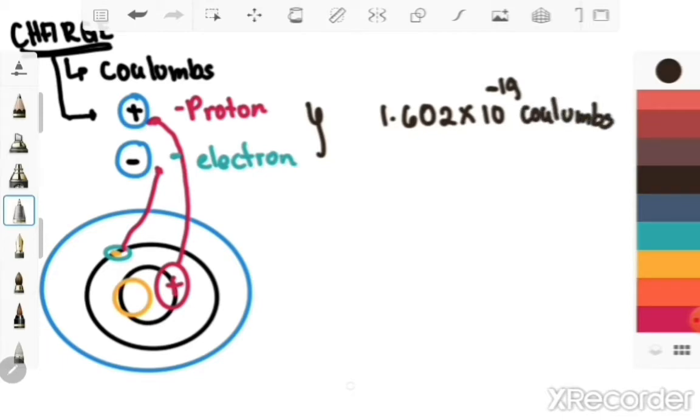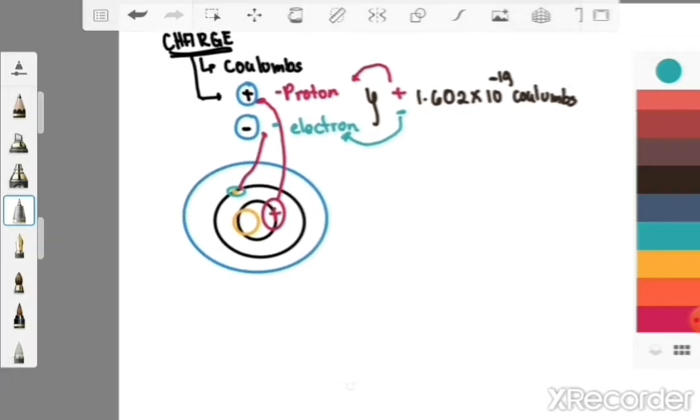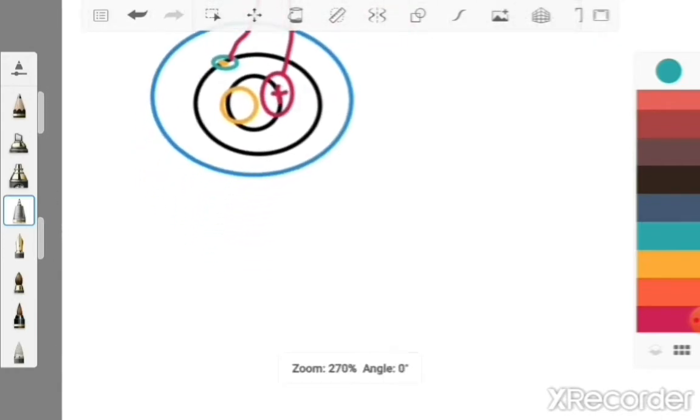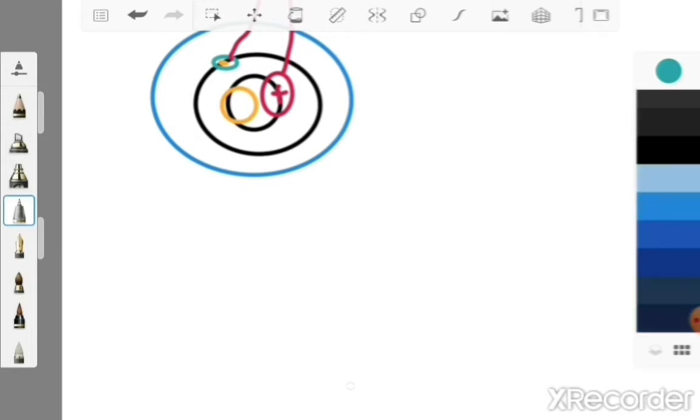This is positive when you are talking about your proton, and it is negative when you are talking about your electron. Okay? So, without charge, you can never produce an electric current